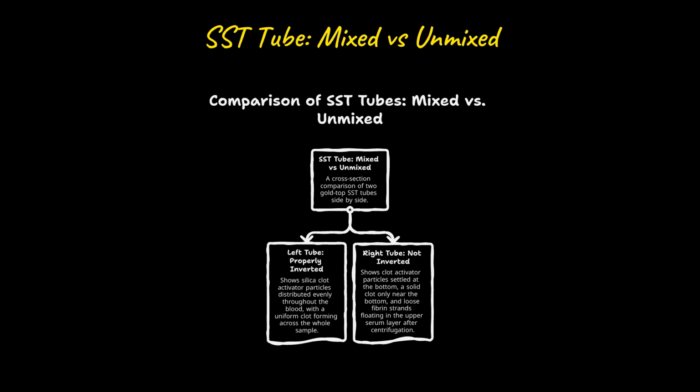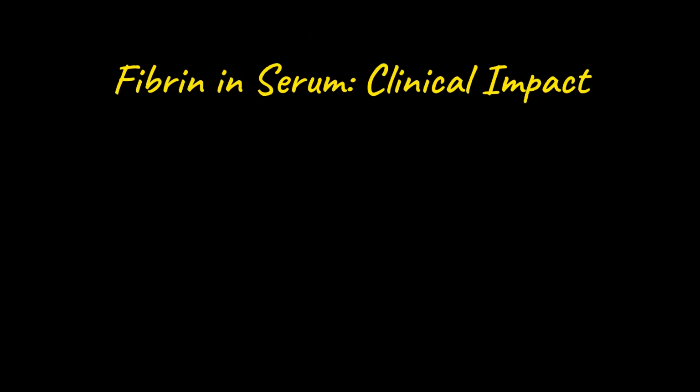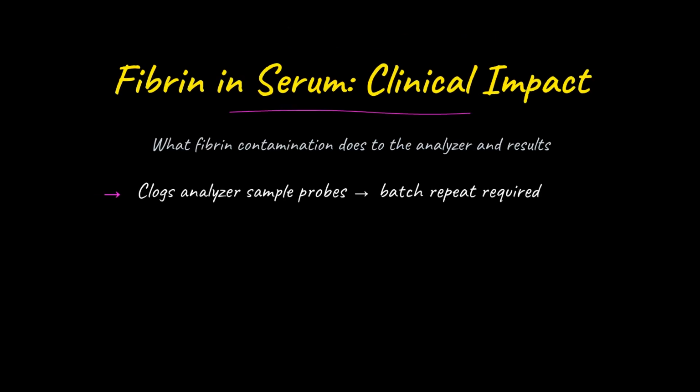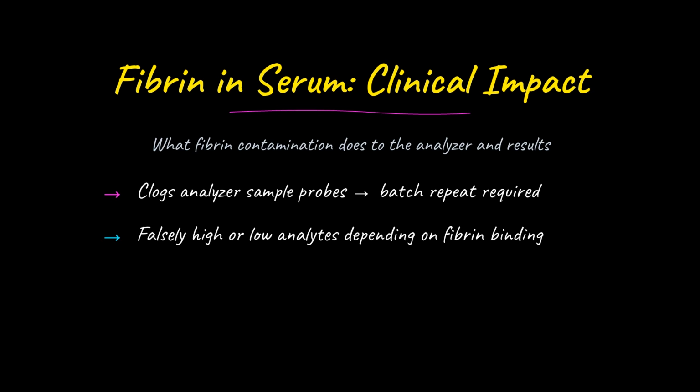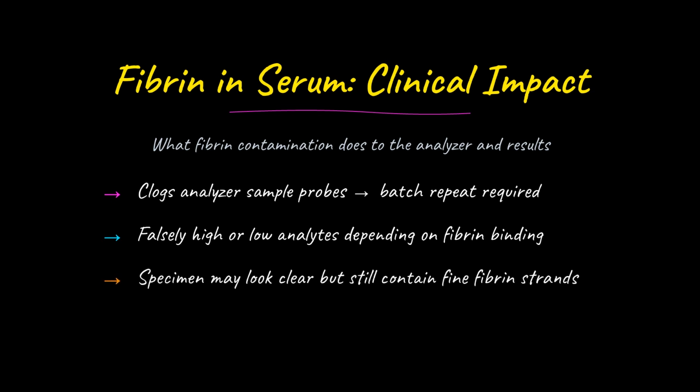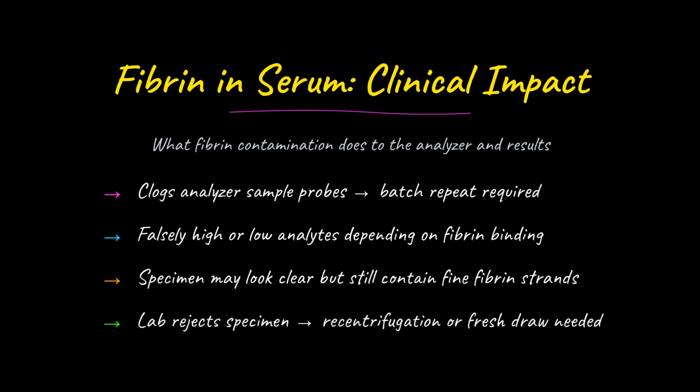After centrifugation, the poorly clotted portion releases loose fibrin strands into the serum layer. Fibrin in serum causes real clinical disruption. It can clog analyzer probes, forcing a repeat of every patient in that batch. Certain analytes may read falsely high or low depending on how fibrin binds them. The specimen can look visually clear yet still carry fine strands, so the lab must reject it and request a